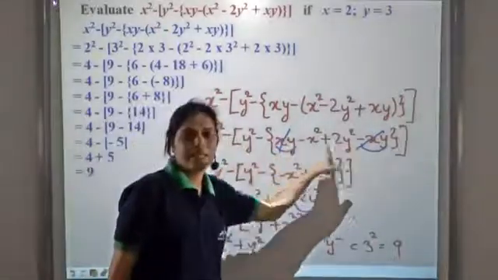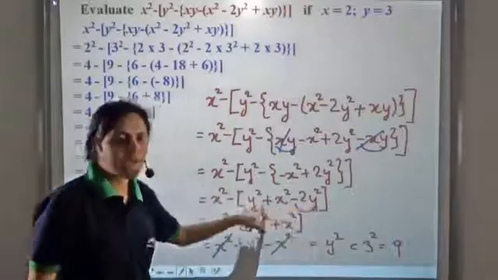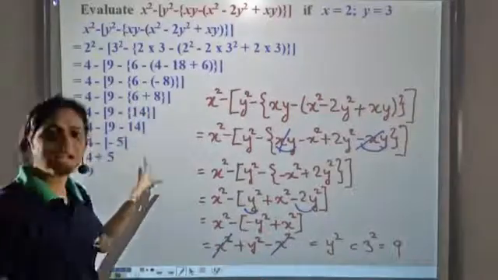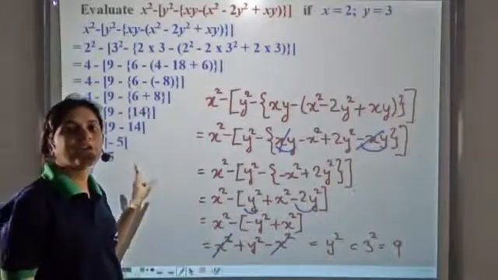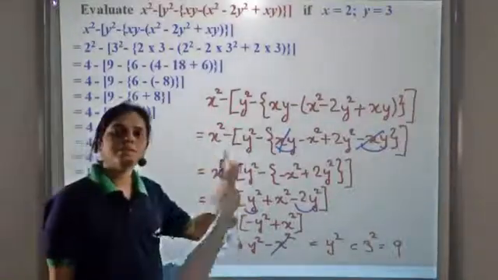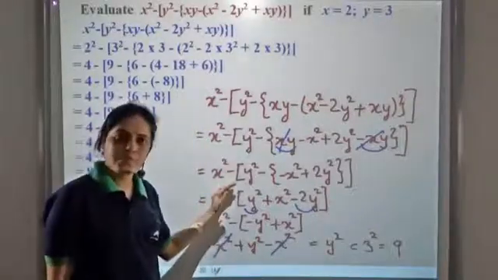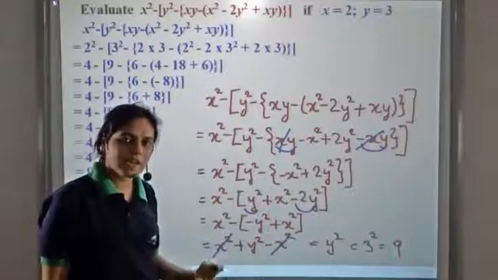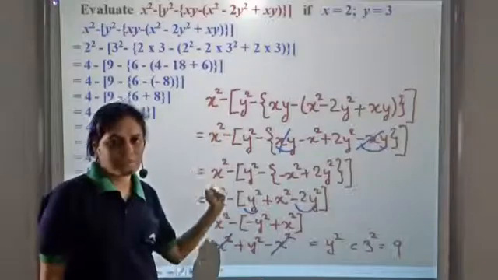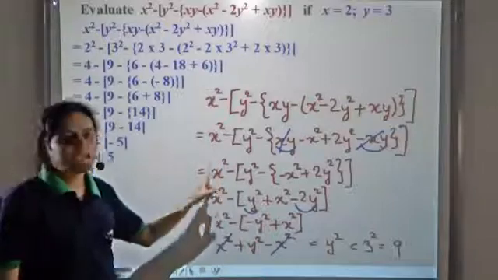Over here, it's getting cancelled in the beginning only. Again, y square terms combine. Again, x square terms get cancelled. Over here, nothing was getting cancelled. We had to calculate everything and reach the answer. So this method is a much simpler method. That is, if you can simplify the expression first, then you should simplify the expression first and then substitute the values of the variables. However, you will get the correct answer by following any of the approach.